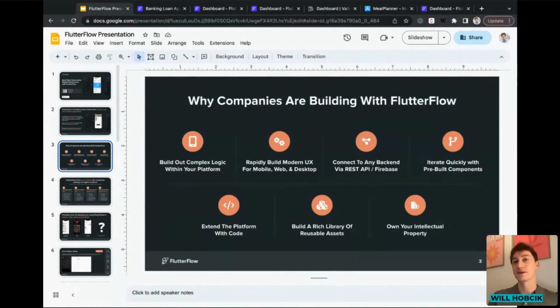And just to quickly reiterate some main points in FlutterFlow specifically, right? You can build out complex logic in your application. You can quickly build out UI, UX for any platform, iOS, Android, Mac OS, Linux, Windows, and I'll show you that. You can connect to any backend database. We just added integration for Postgres. We have Firebase and Supabase native integrations. You can also connect to any platform via our REST APIs.